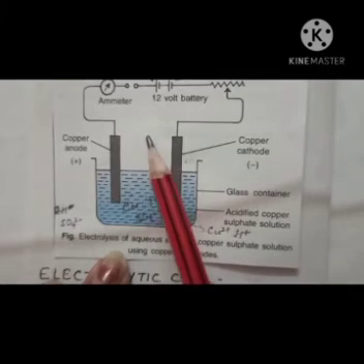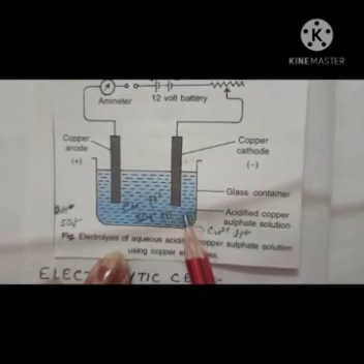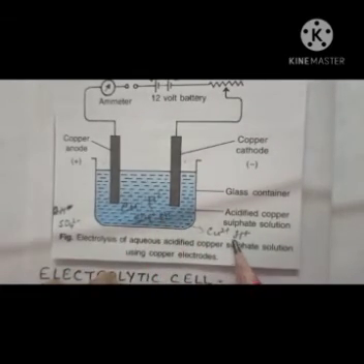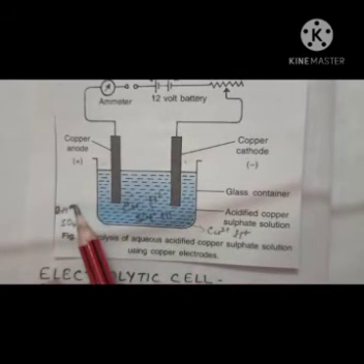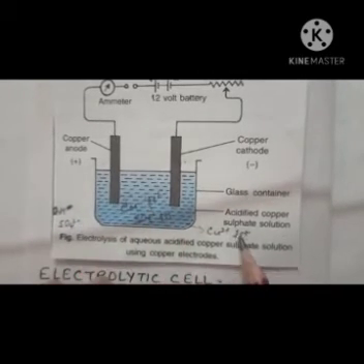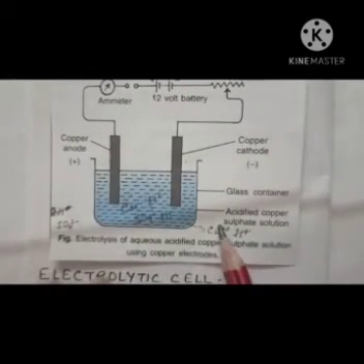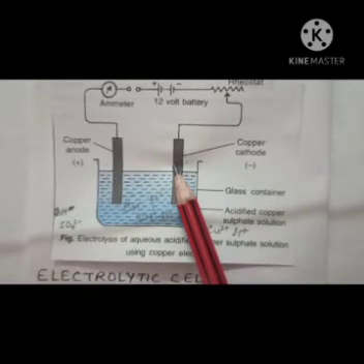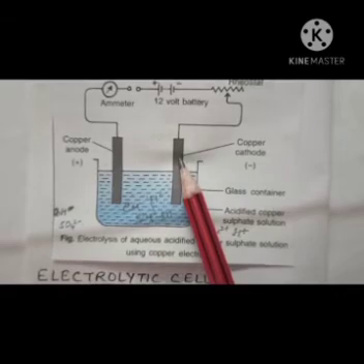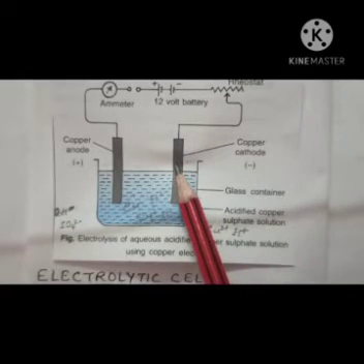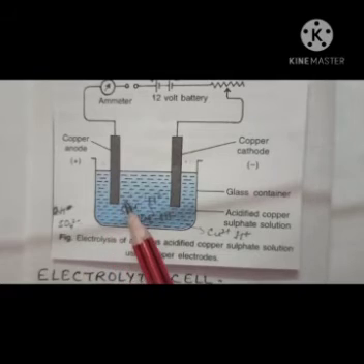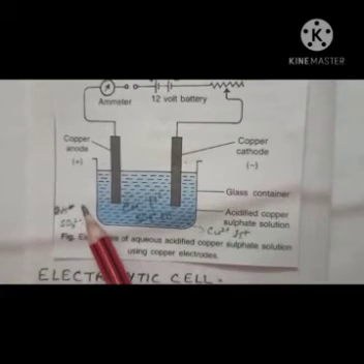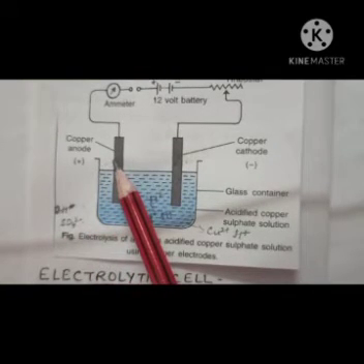Just look at here. In the electrolyte, when the current is passed through this electrolyte, copper sulfate breaks down into copper 2 positive ions and sulfate 2 negative ions, and water breaks down into H positive and OH 1 negative, right? So in the solution you have 4 different ions. The positive ions, copper ions, will migrate towards the copper cathode and discharge there as a copper atom and deposit at the cathode. Now in solution, these 2 negative ions are there, OH negative and sulfate ion. Both will migrate towards the copper anode, right?